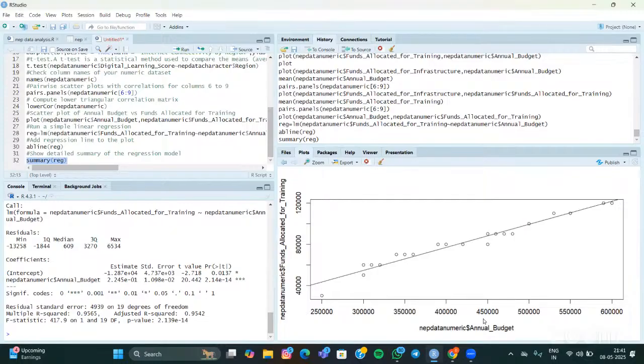It is positive because the more the budget, the more the funds allocated for training. It means it is directly proportional. You can see in the plot also, the line is very straight. You can see the relationship that it is increasing. It is going upward, right? Okay. So two things you need to see. One is intercept. Second is slope. Third is